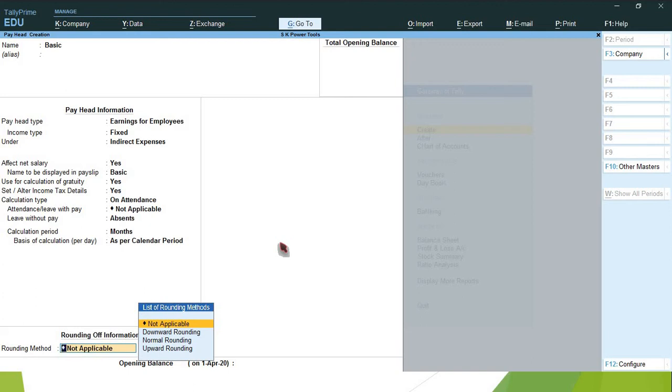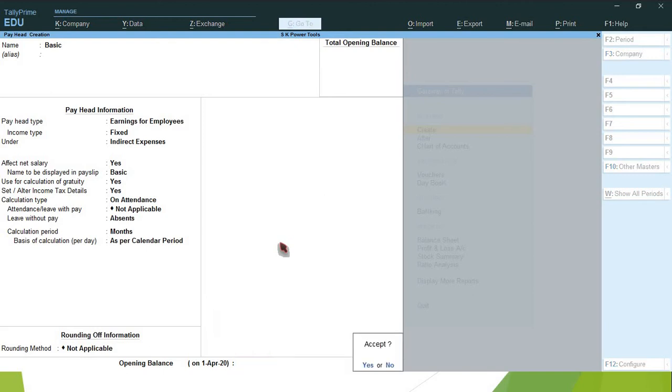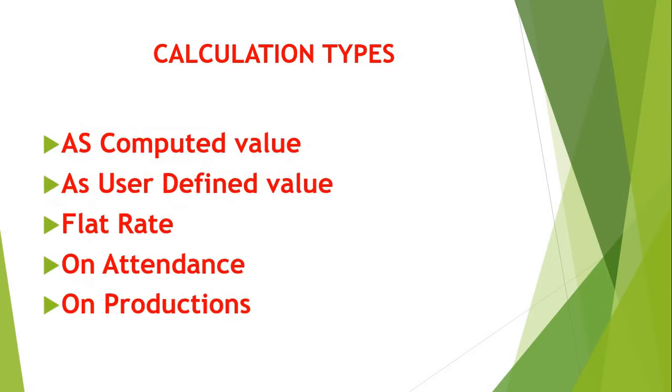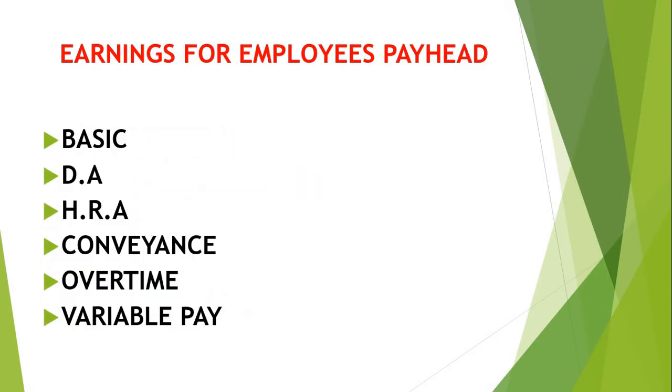That's why we select as per calendar period. So according to the month it will be calculated as 31, 30, 28 or 29 days. Rounding method not applicable, except basic. Next, DA.